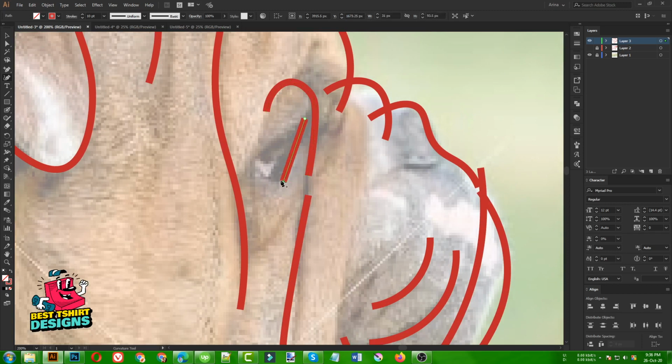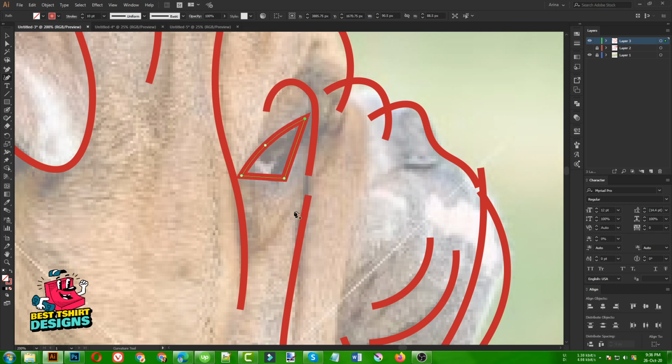Okay, if I want to make a stop point at any place, like if I click here and then I continue, it will make that curve. That is the curvature tool. But if I don't want it to make a curve here, then I need to double click at that point. If I double click, it will make a stop there, a straight stop, not a curved line.